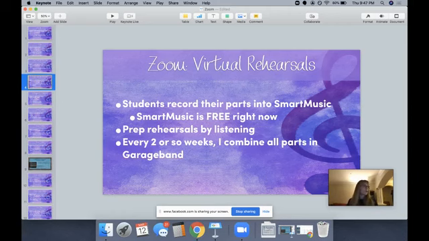So I'm just trying to keep up. If you are asking questions, I'm trying to get to them as often as possible. Are they playing to a metronome click in SmartMusic? Yes. So what I do is